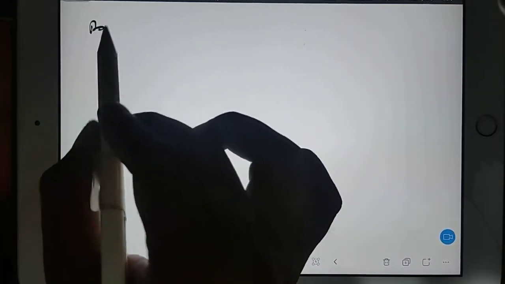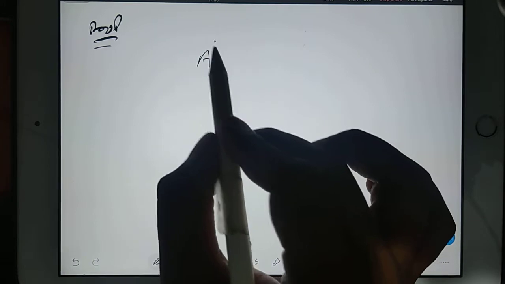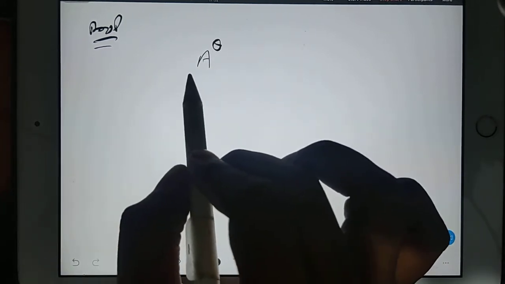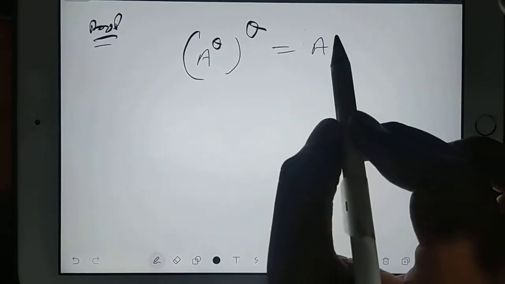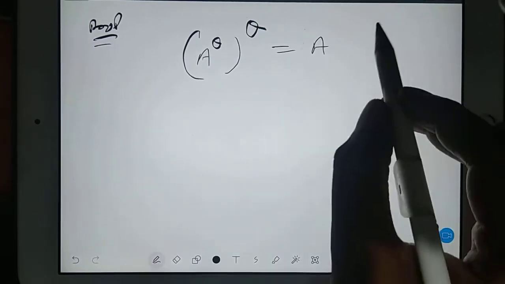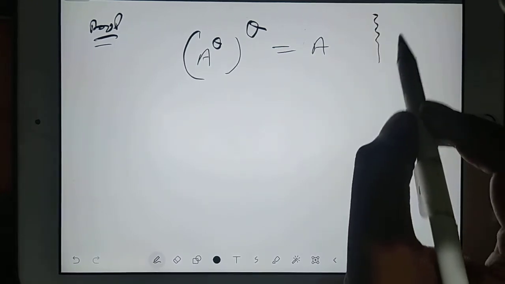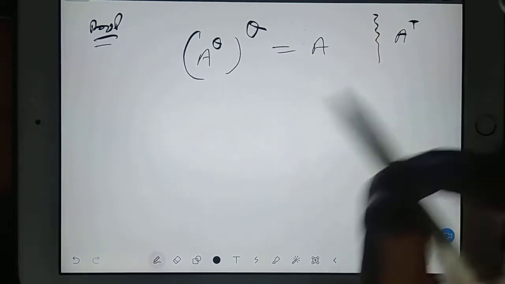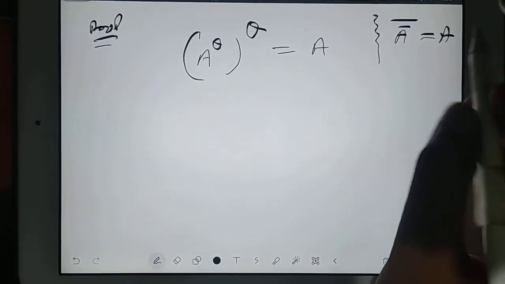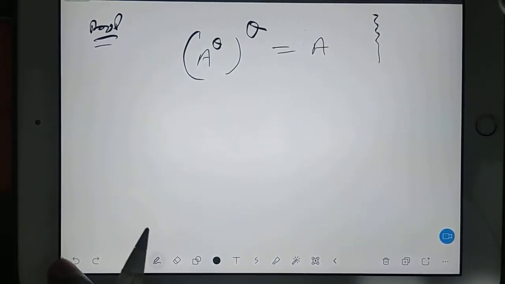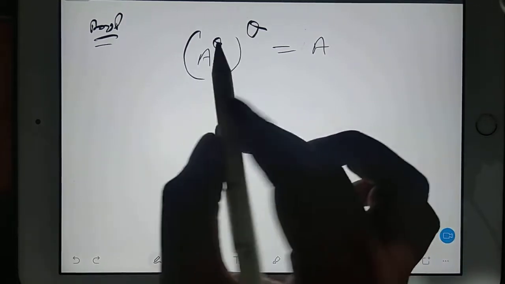Now I'll go for properties. Take down the heading: properties. Suppose I have any matrix A. For this matrix I am finding the transpose of the conjugate. Now again I am finding the transpose of the conjugate. Then I'll get the same matrix. Mostly in linear algebra, when you go for A bar of bar, something like this, we get the same answer. You can see the previous few results where we have discussed these kinds of things.